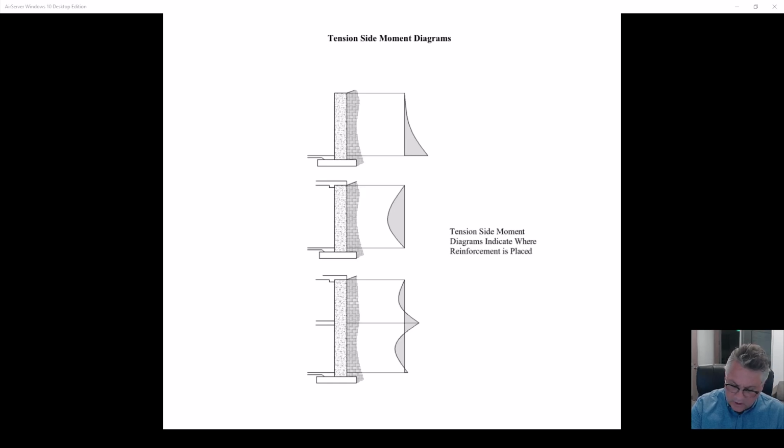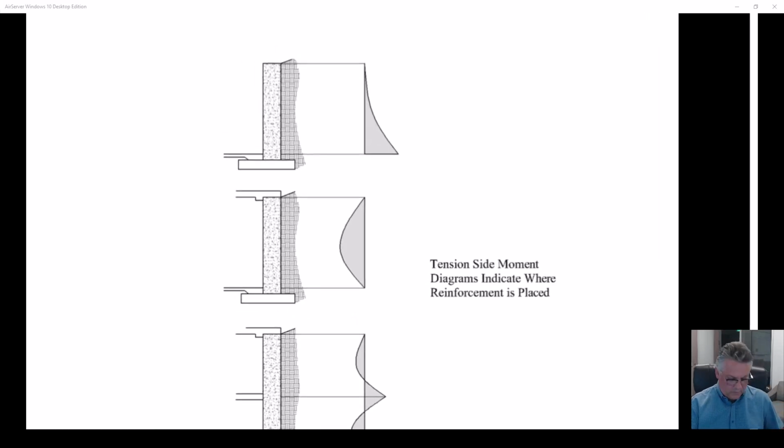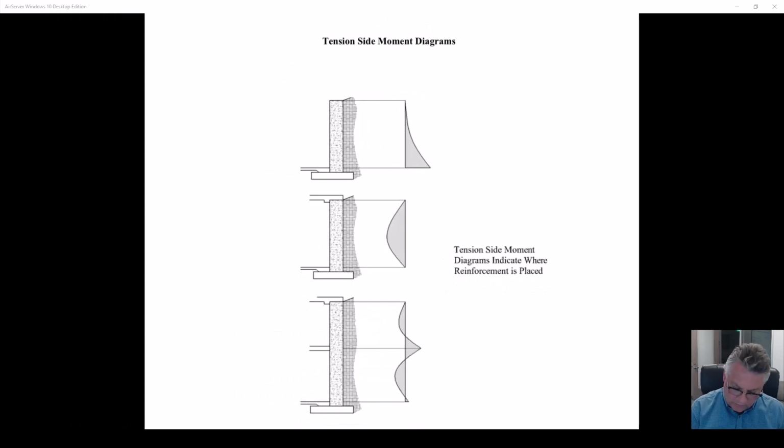Now you may say, I don't need to do that. I know what I'm doing. But this is a very common mistake that young engineers will make. They'll do a great job coming up with the moment diagram. They'll take the soil loading diagram from the geotechnical report, any surcharge, they use the unrestrained or restrained, drained or undrained condition. So you do a great job. You come up with all the loads, triangular load, trapezoidal load, whatever the geotech tells you to do. Come up with the moment, and then young engineers on retaining walls will put the steel on the wrong side.